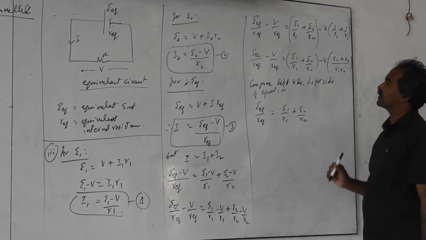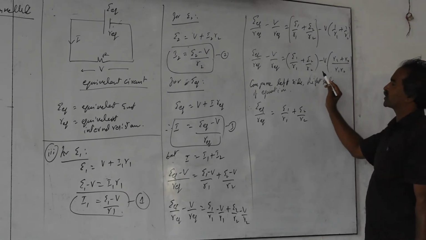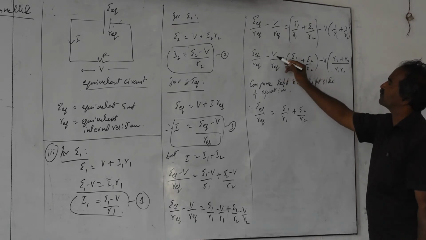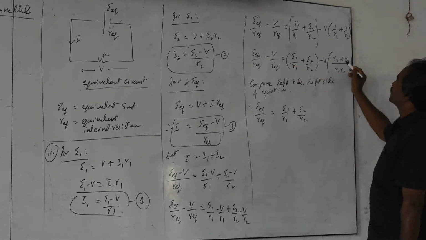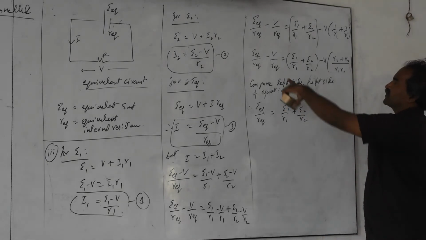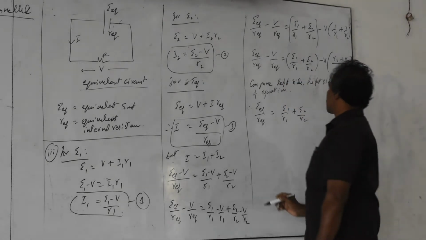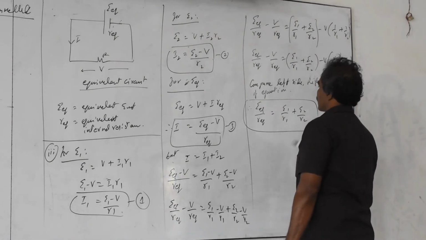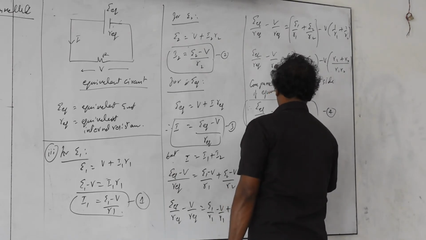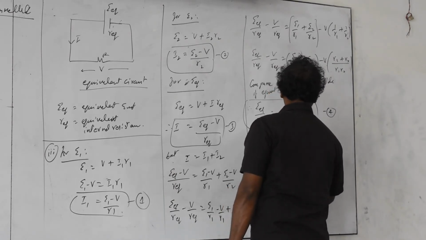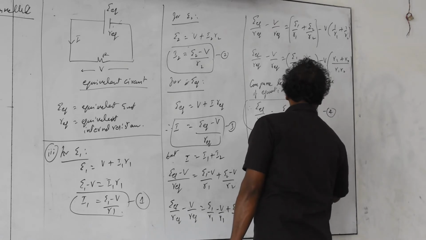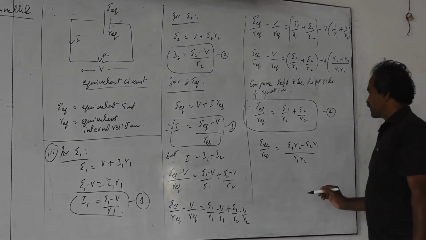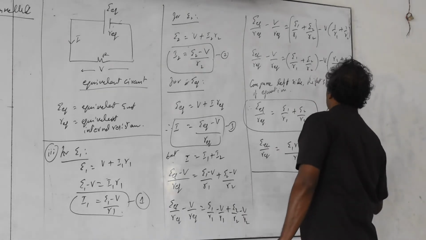But we require R equivalent. So we will take the R equivalent value first. This R equivalent will be V into 1 by R equivalent. So 1 by R equivalent becomes equal to R1 plus R2 by R1 R2. From that relation we can get the expression for R equivalent. This part you have to remember, equation number 4. Next step is E equivalent by R equivalent is equal to E1 R2 minus E2 R1 by R1 R2, the relationship.